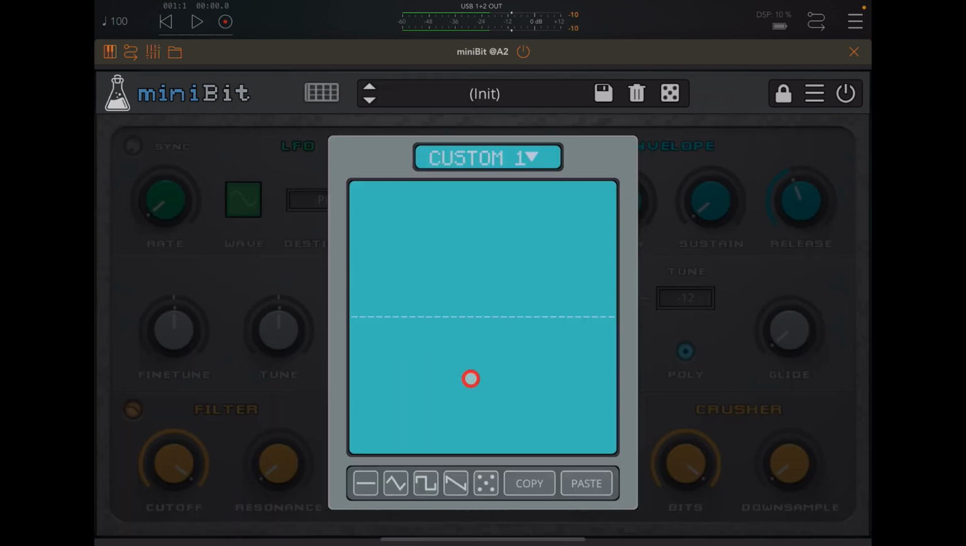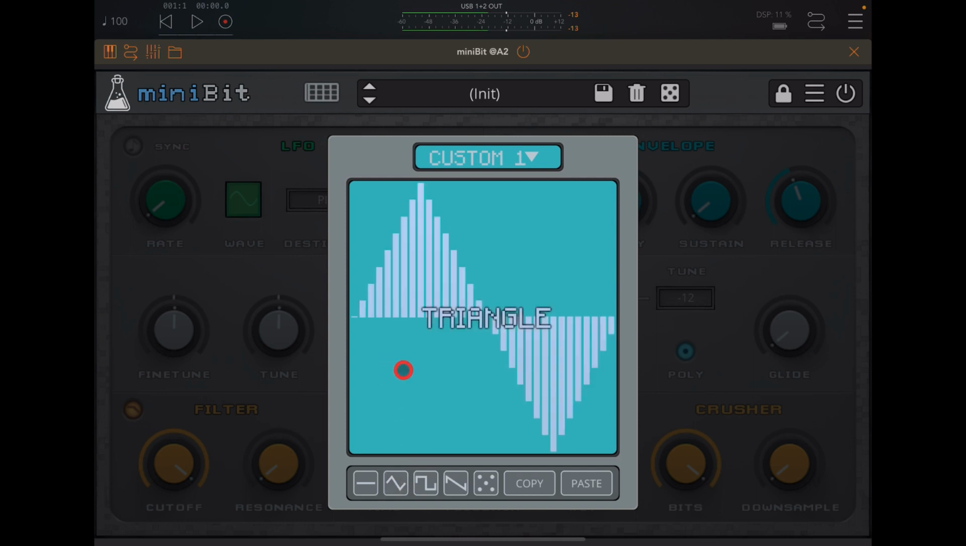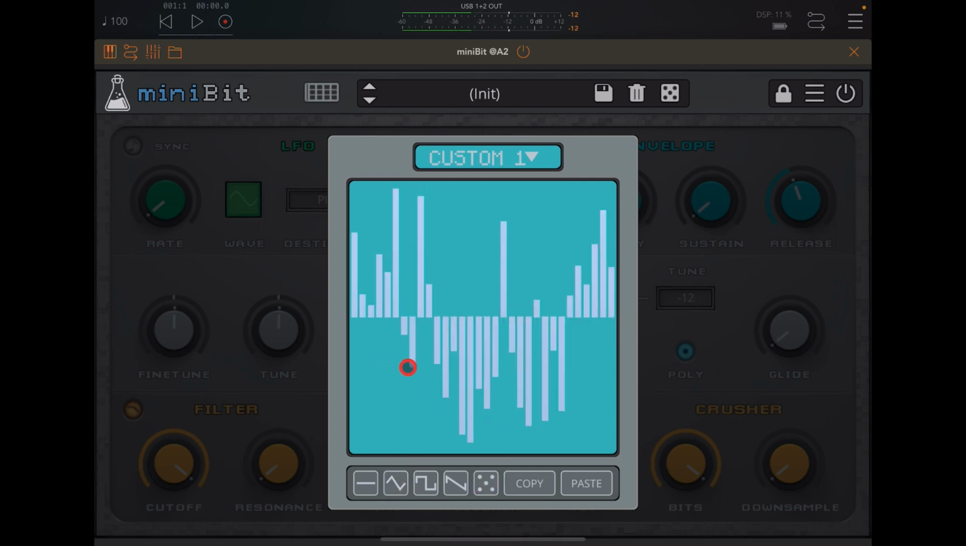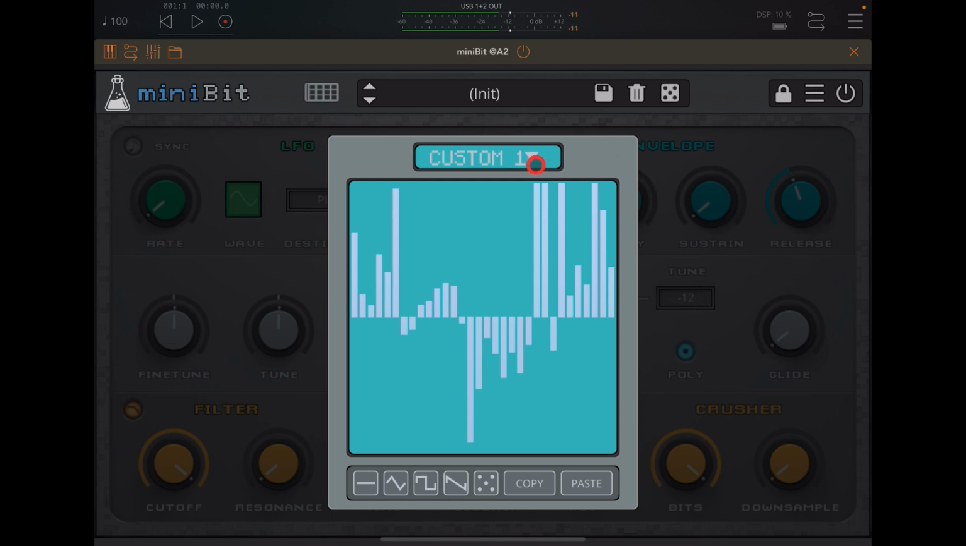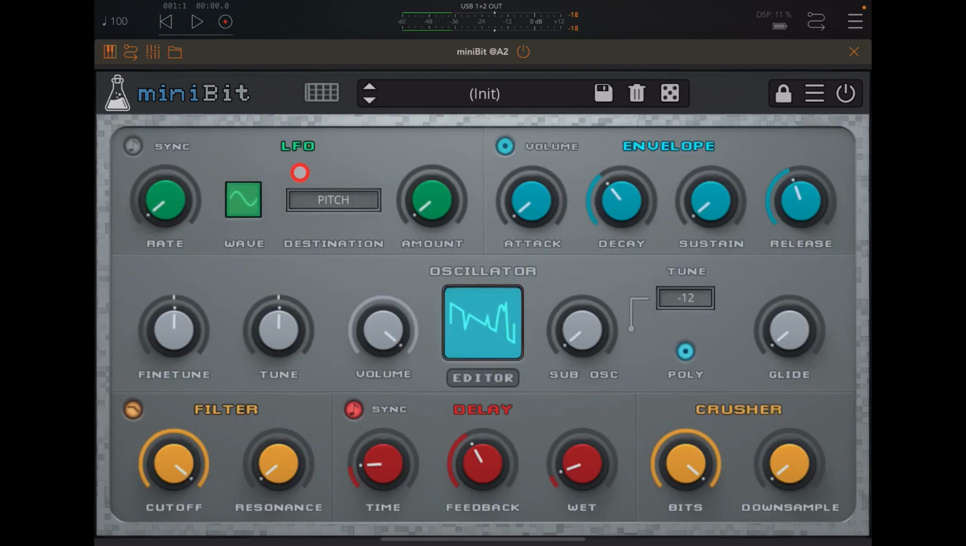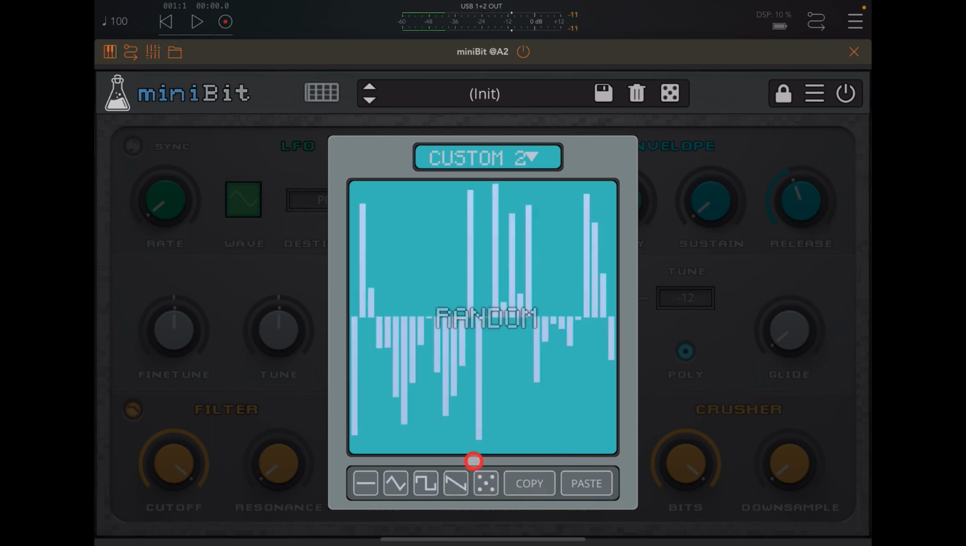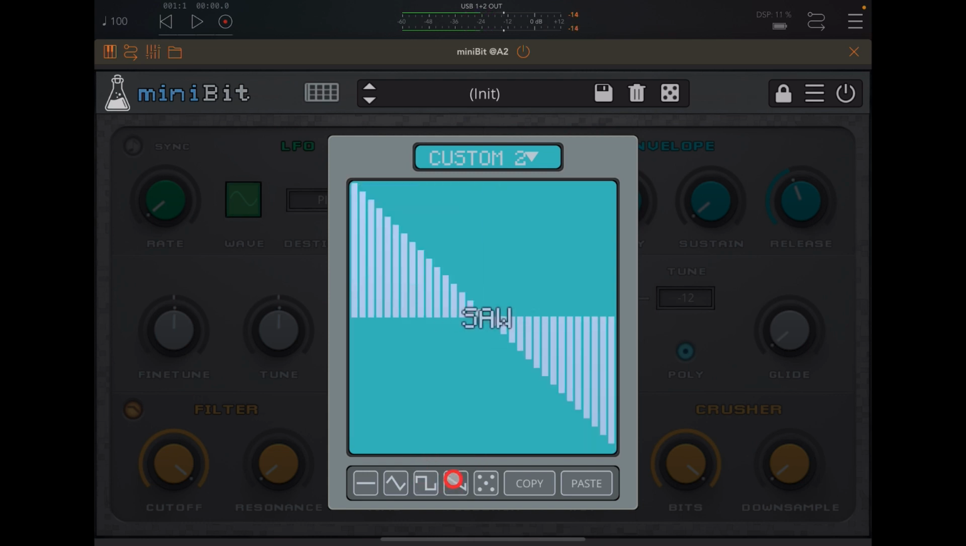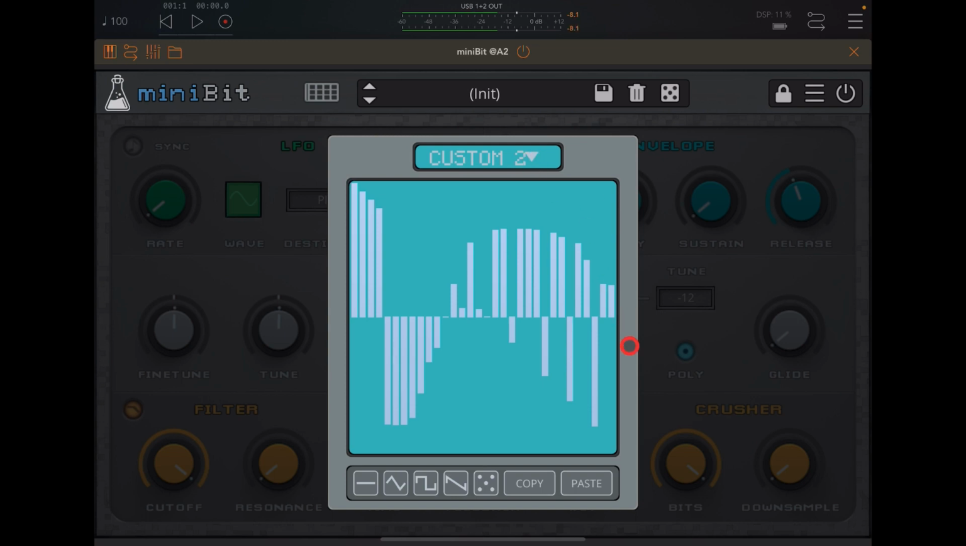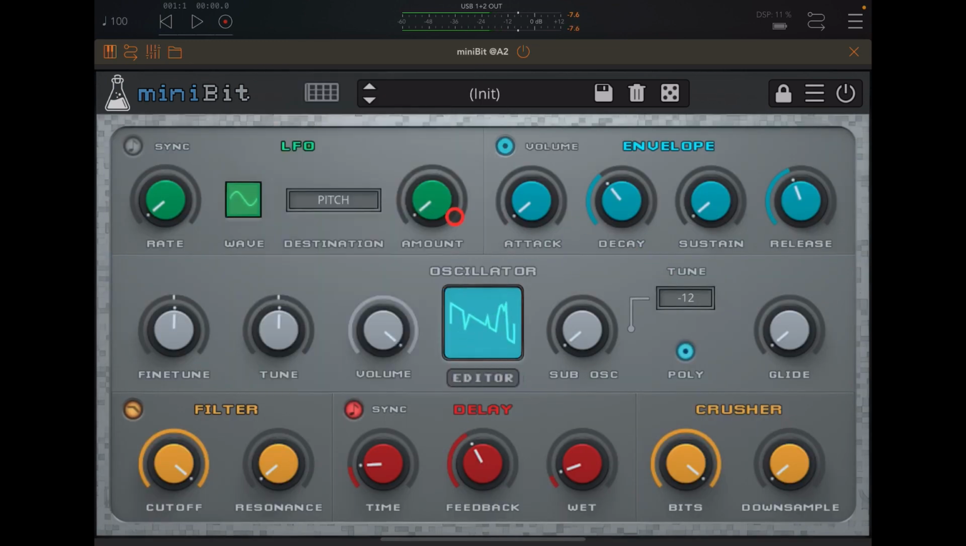Sorry, let's go to this custom. You go into the editor and we can go, oh, okay. Randomize it. I think we can draw it in as well. Let me just go back. How many custom slots do we have? 8. So if we go into this second one here and randomize that, very nice. And if we go back to our first one,